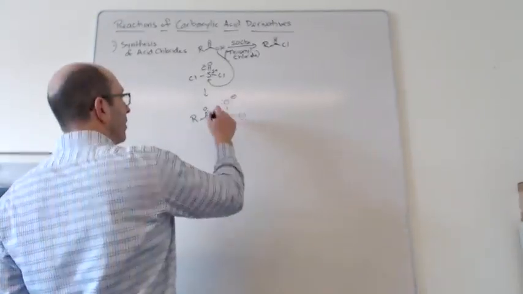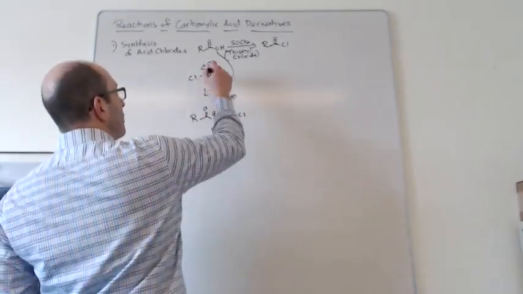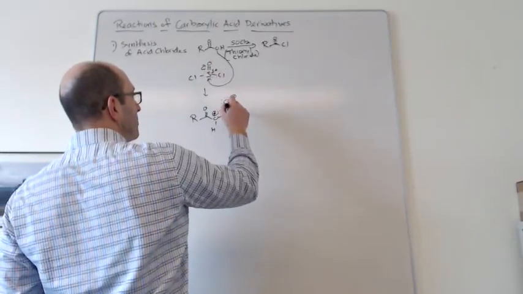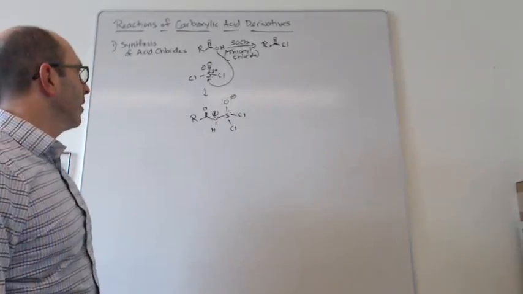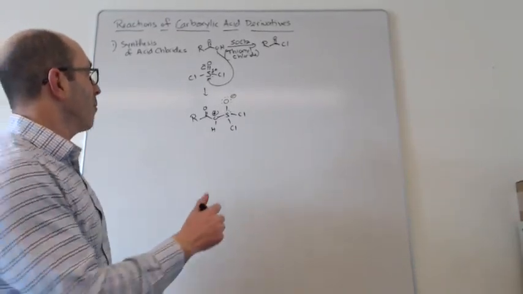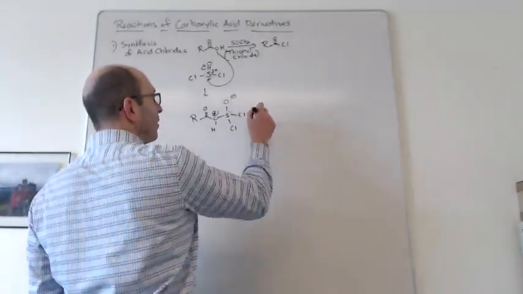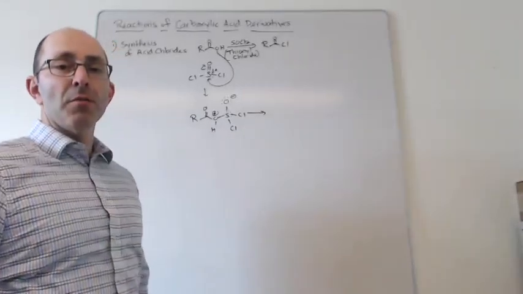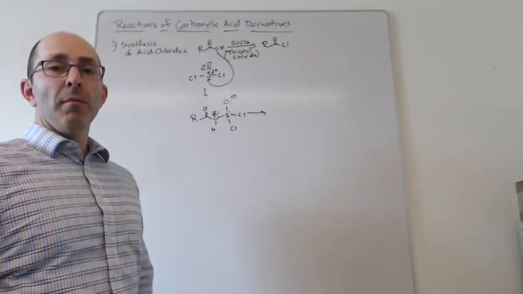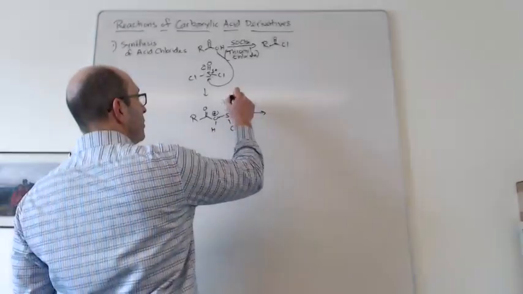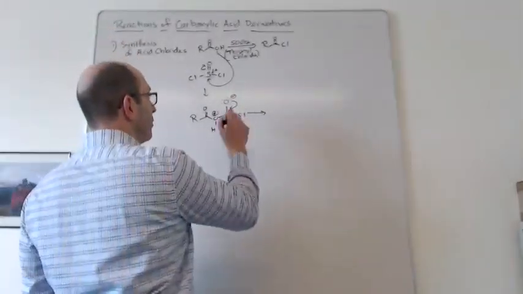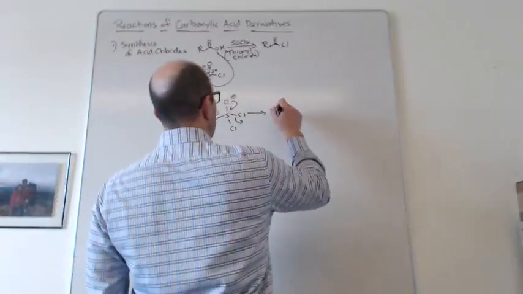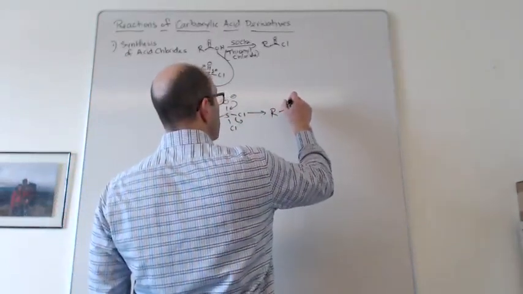It's also important to note here that sulfur has an expanded octet, right? So it has 4 bonds and a lone pair, right? So what happens here, this is going to look a lot like carbonyl chemistry, is sulfur oxygen double bond, much like a carbon oxygen double bond. You can reform the sulfur oxygen double bond and you have a leaving group on here. So that gets us to